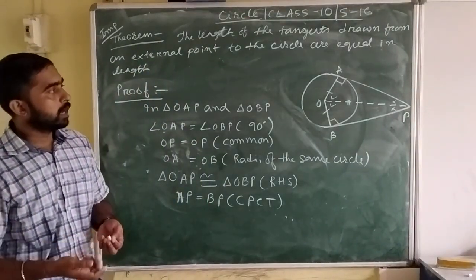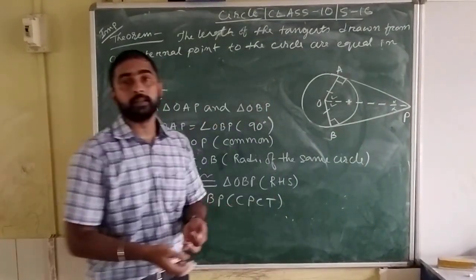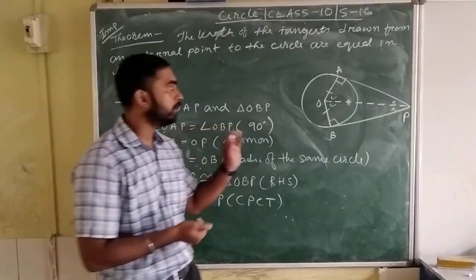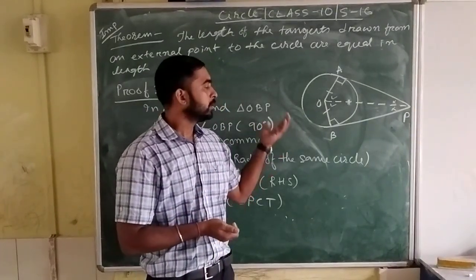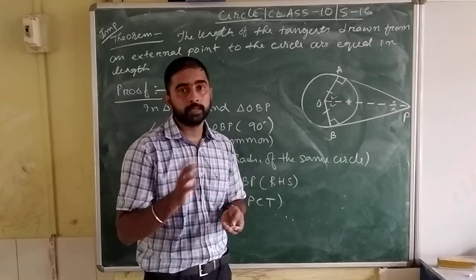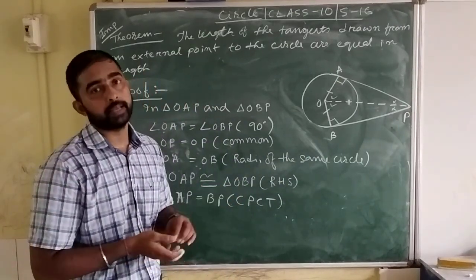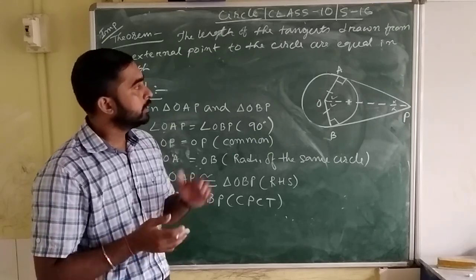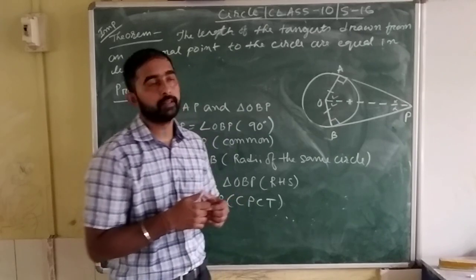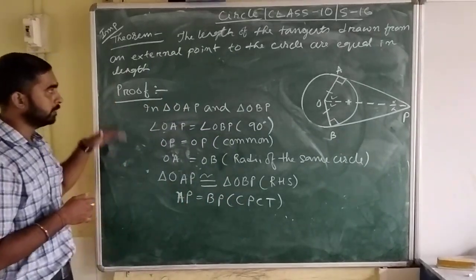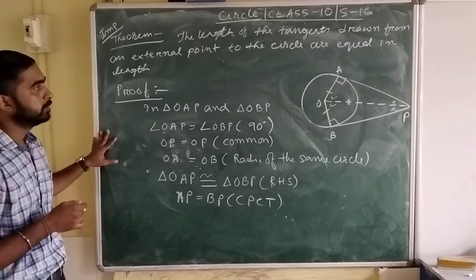Yes. Now, if opposite angles sum to 180, then what can you say? What type of quadrilateral is this? If the sum of either pair of opposite angles in a quadrilateral equals 180, then it is known as a cyclic quadrilateral. In a cyclic quadrilateral, the sum of the opposite angles is equal to 180 degrees. Got it? So this is the theorem. It's an important theorem, the first theorem of circles, and the most important theorem.